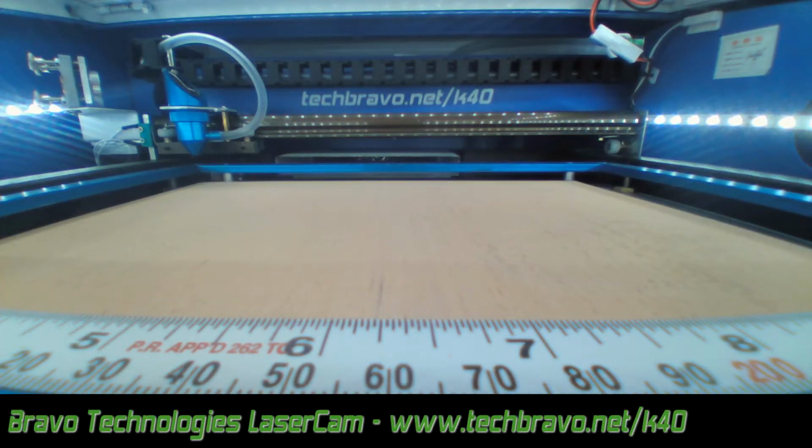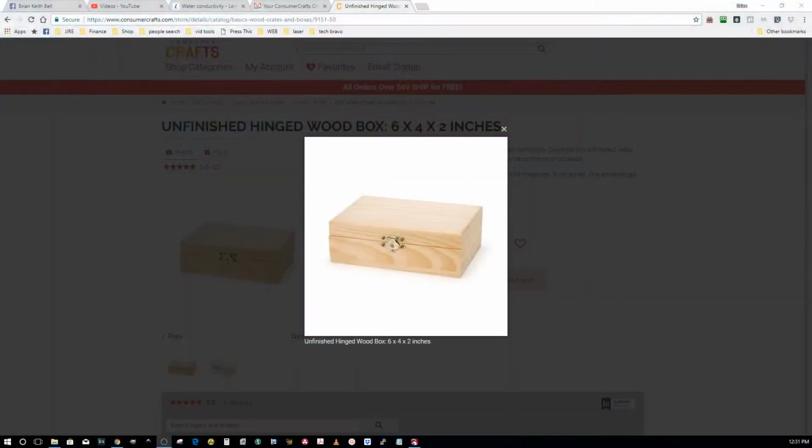All right, the machine's ready, so I'm starting material testing, and I think I'm going to make some templates to make it easier for me to orient my pieces when I put them in the machine without having to make a bunch of measurements and wonder where they are and all of that. So I got some of these wooden boxes. They're 6x4 by 2 inch to mess with, and maybe I can sell a few of them and recover some of my money. But what I think I'm going to do